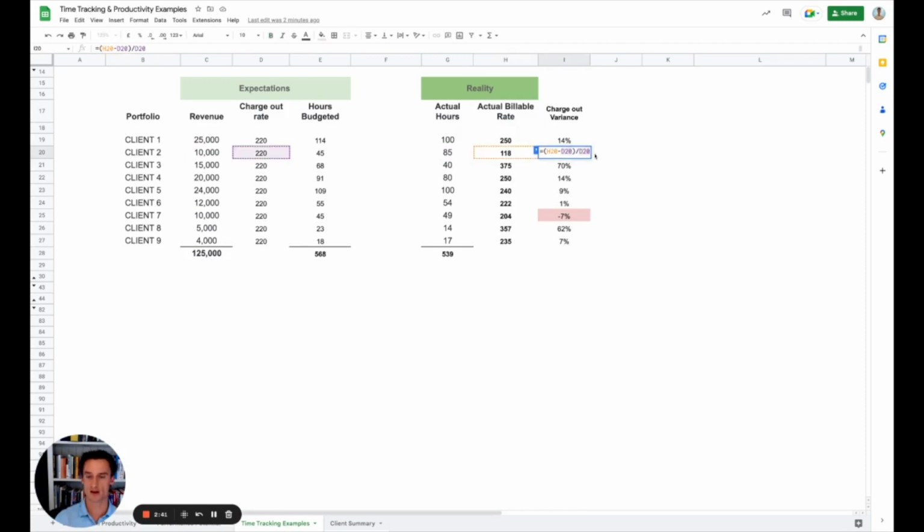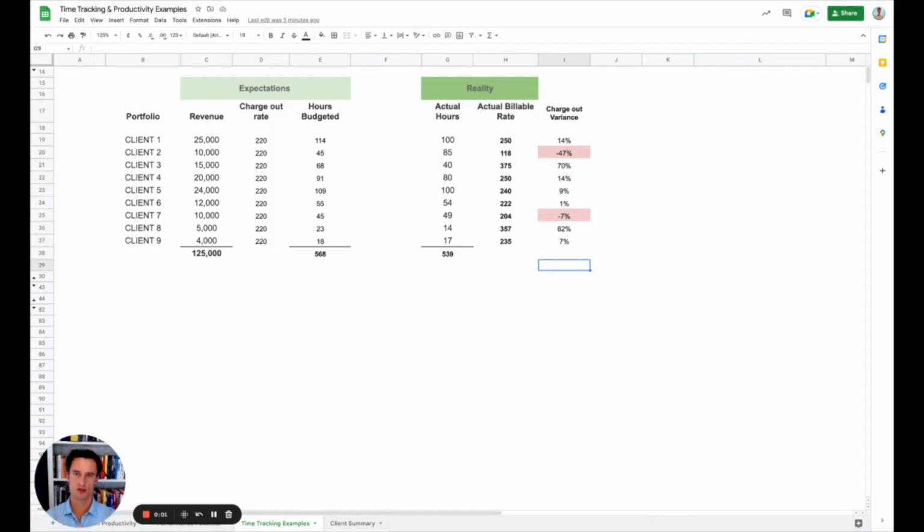And through analyzing this variance, we can get an understanding of why this job is so much less profitable. And then we can dive into why this variance happened. So it's a great indicator of what's going off track, what's succeeding, and helps us keep a finger on the pulse of what we need to do and the questions we need to ask to dig into this data a little bit more. So that's how to compare your expectations of what you thought was going to happen to reality once the month is done and all the time tracking data is being looked at, to compare and work out which are the problem childs, where are we spending too much time,